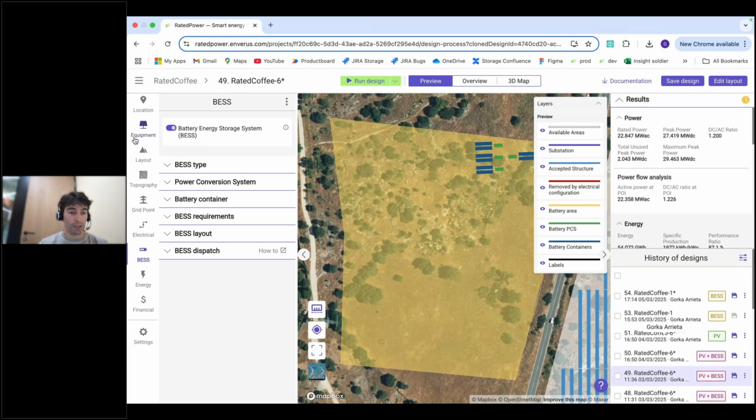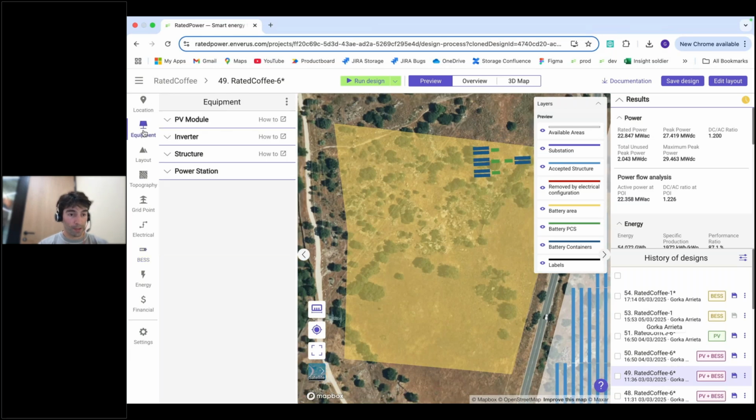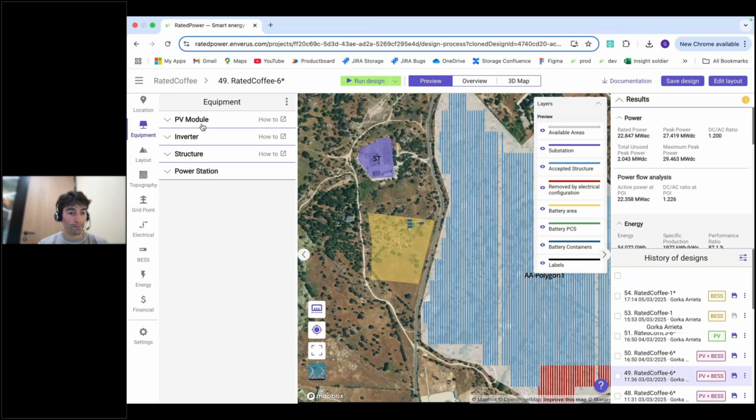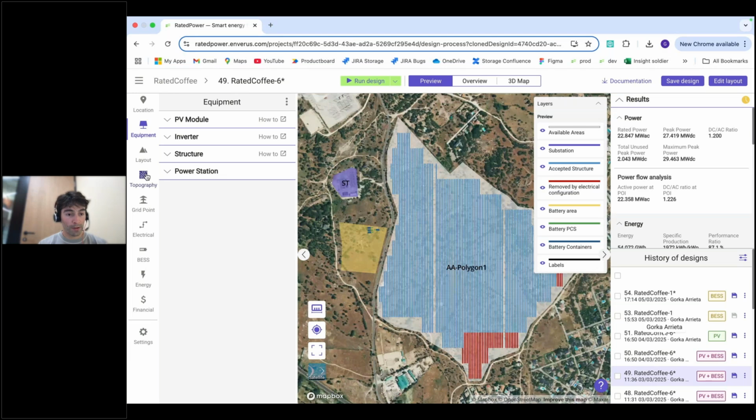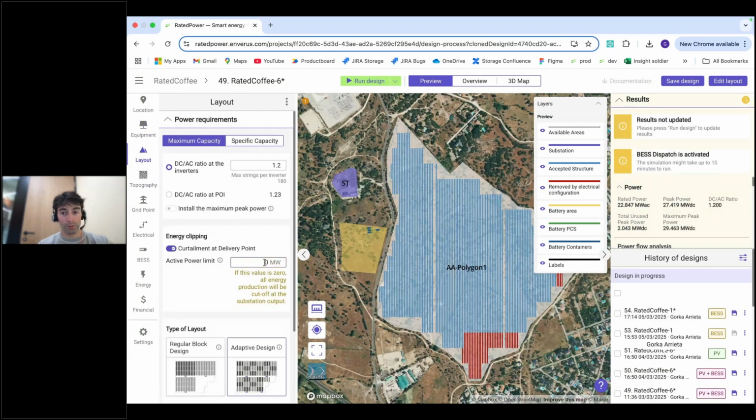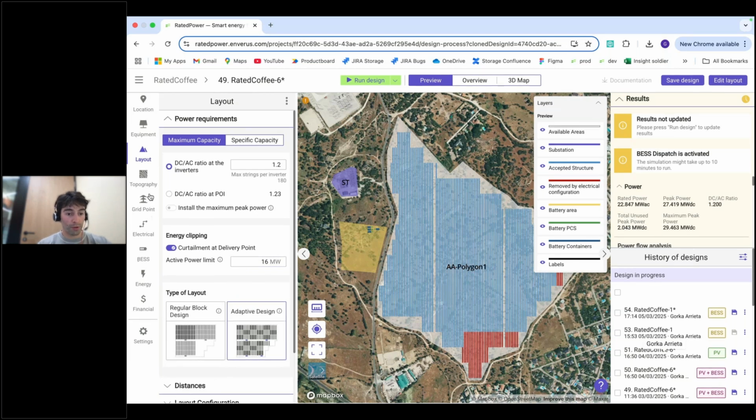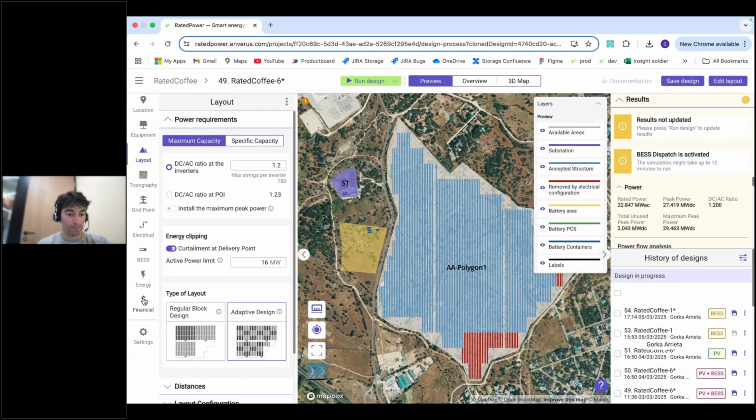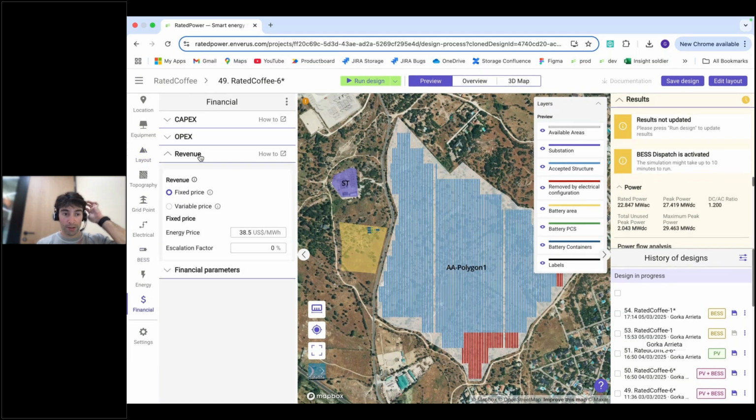So in this case, let's set some curtailment here at the delivery point. We have 22 megas, so let's set this to, for example, I don't know, 16, maybe super high, but for the example. And then in the financial,